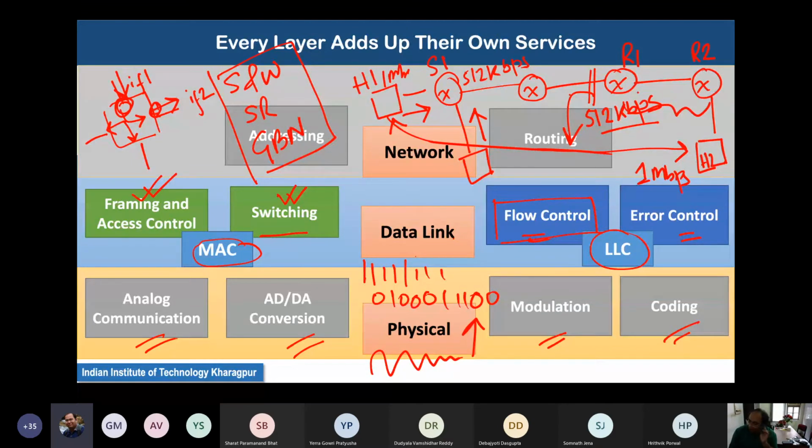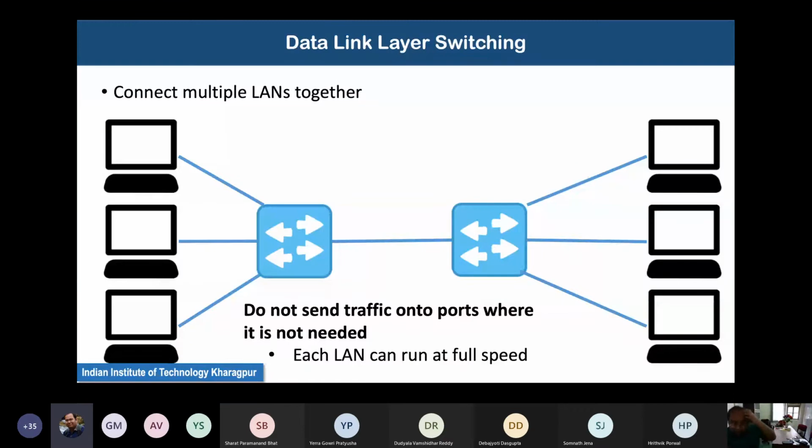Let us start by looking into how switching is done in the data link layer. So we start with the switching functionalities. Now, the purpose of layer 2 switches, as you possibly already know, is to interconnect multiple different LANs or local area networks together.